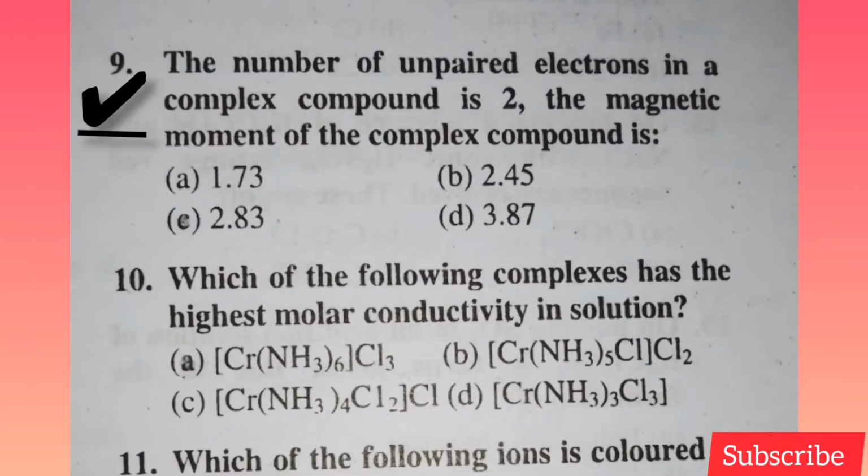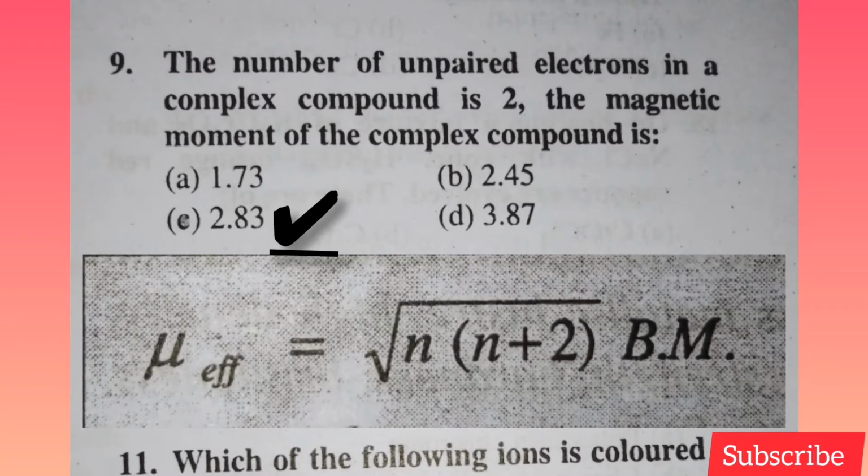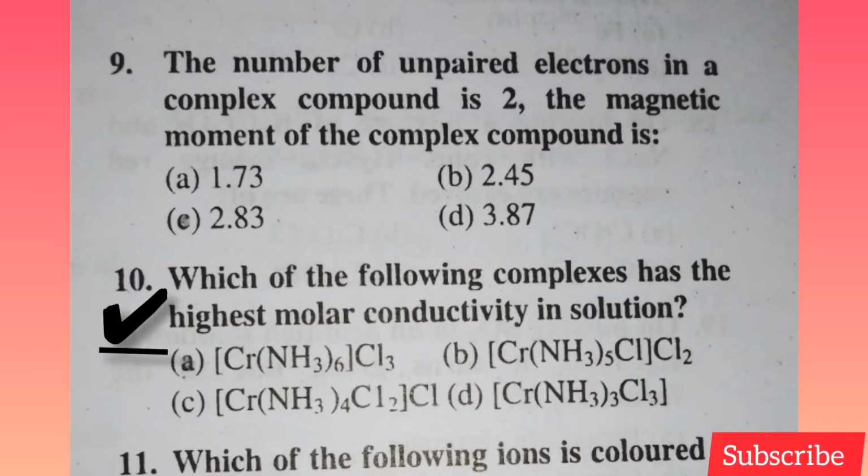9 number question is the number of unpaired electrons in a complex compound is 2. The magnetic moment of the complex compound is. तो इसमें हमें नंबर ऑफ अनपेयर्ड इलेक्ट्रॉन्स हमें दिए गए हैं और इसका हमें मैग्नेटिक मोमेंट निकालना है। तो मैग्नेटिक मोमेंट निकालने के लिए एक फॉर्मूला होता है जो कि होता है ये। इसके हेल्प से जब हम निकालेंगे तो ऑप्शन C इज करेक्ट, मतलब 9 नंबर क्वेश्चन का ऑप्शन C करेक्ट है।